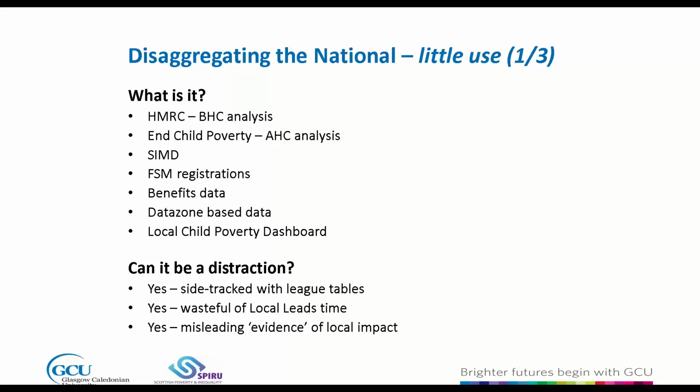And I think the important point there is, of course, it can be a misleading evidence of local impact. Now, it's a harsh lesson, but I think it's important that we acknowledge that our control over child poverty locally is limited. We still have no control locally over national taxation. We have no control locally over welfare benefits and the level at which they are remunerated. So we don't have control over two of the key levers which impact upon child poverty, and therefore to use national data to evidence how effective our local impact is can be highly problematic. So these national data that can be disaggregated locally can also be problems. Let's move on.